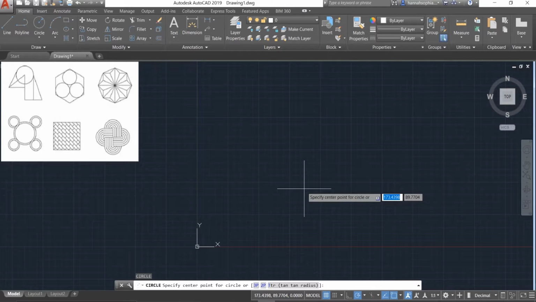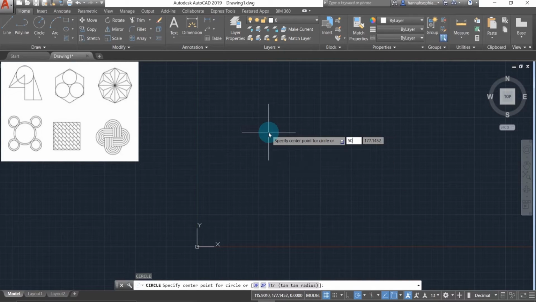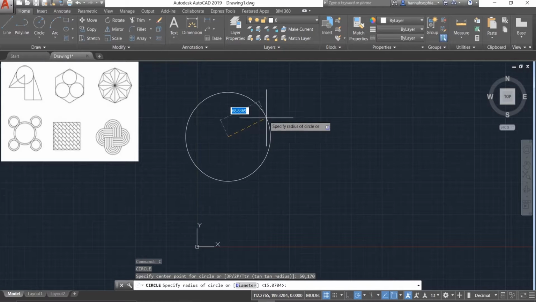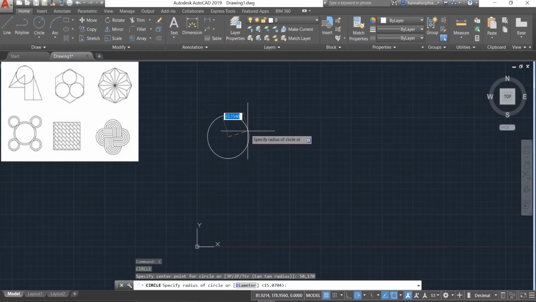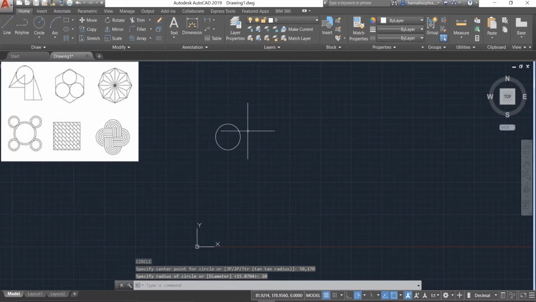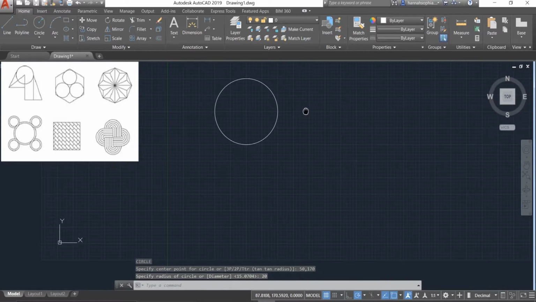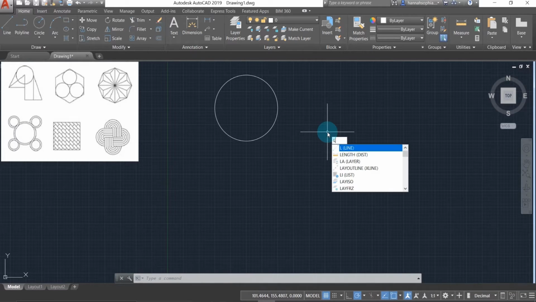just put it anywhere we like, so let's see. I'll just put it in the coordinates 50 and 170 and 20 for the radius and enter. Next, type Command L, enter,